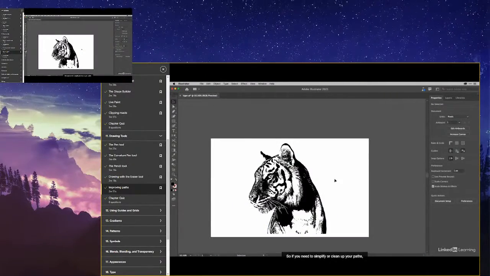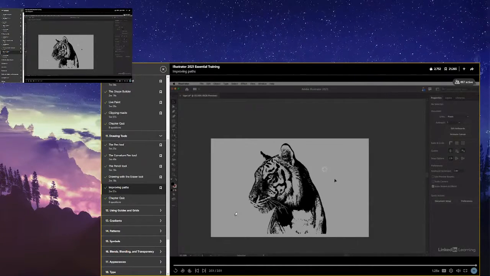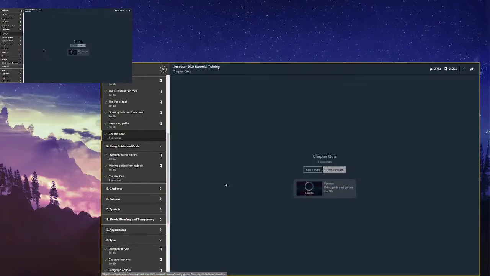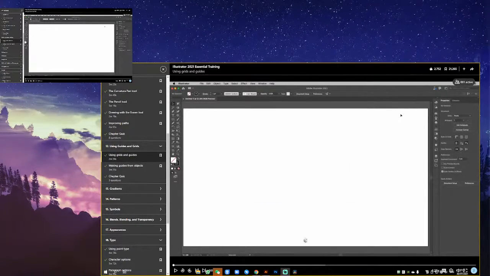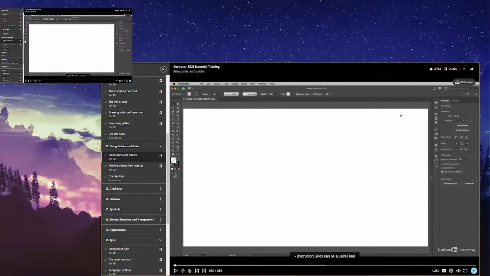So if you need to simplify or clean up your path, grids